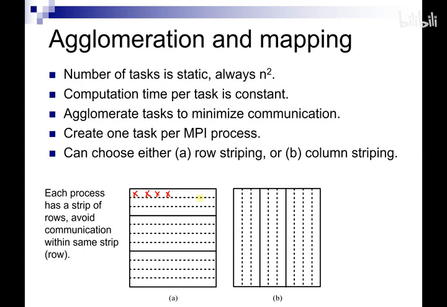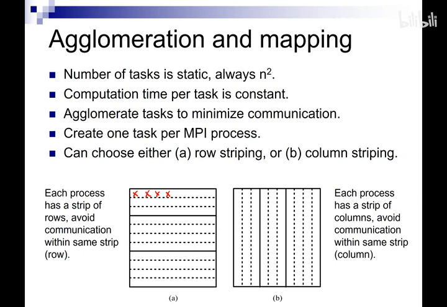Okay, so here we're going to have 3 super tasks and then 3 processors. Column-wise just means that you do the same thing, but you take several columns of tasks and then assign them to a processor. Okay, so when you do these row-wise, so